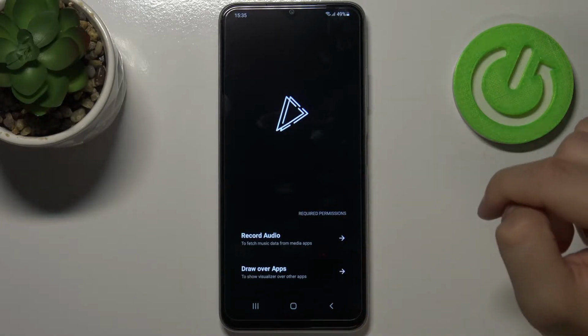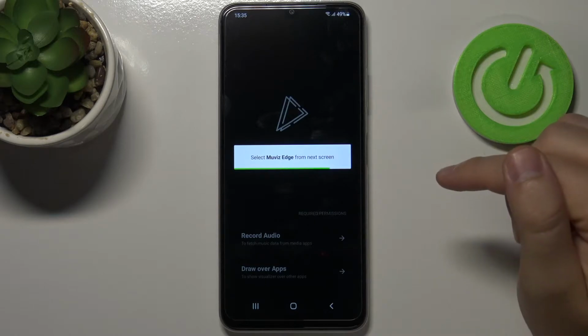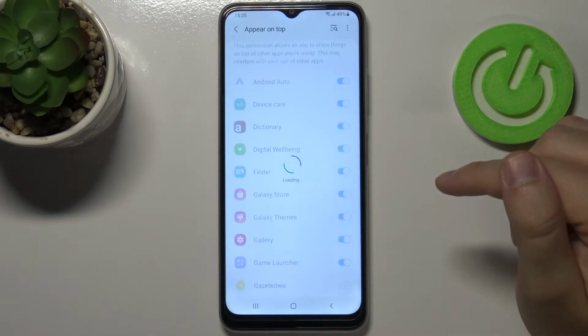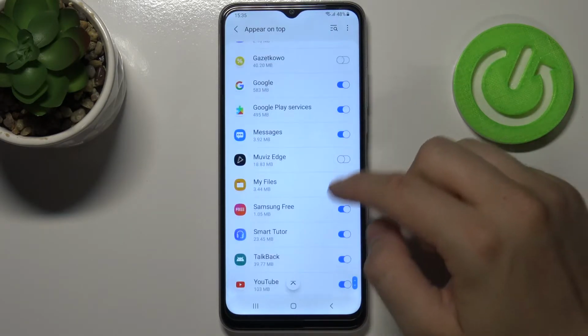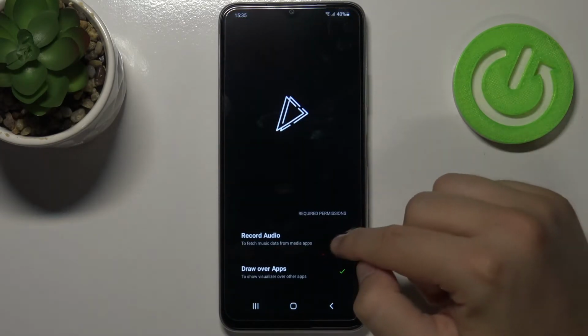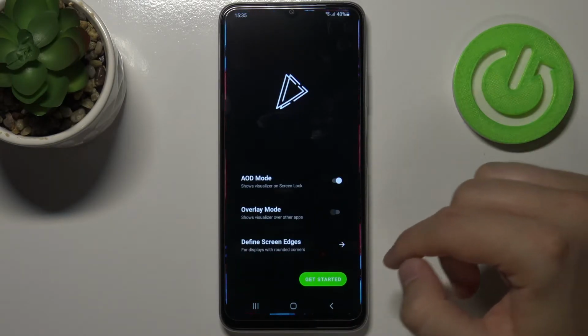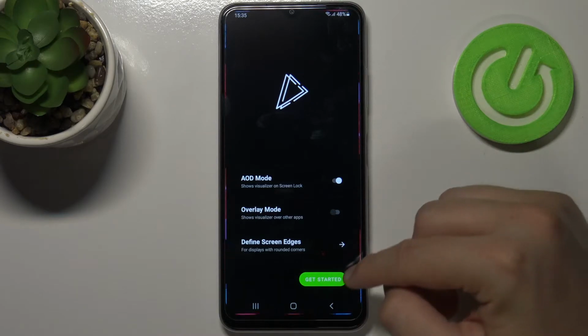And right now click here. We have to grant permission. Find Muviz Edge and tap on the switcher. Go back and do the same for the record audio. Right now we can simply click to get started